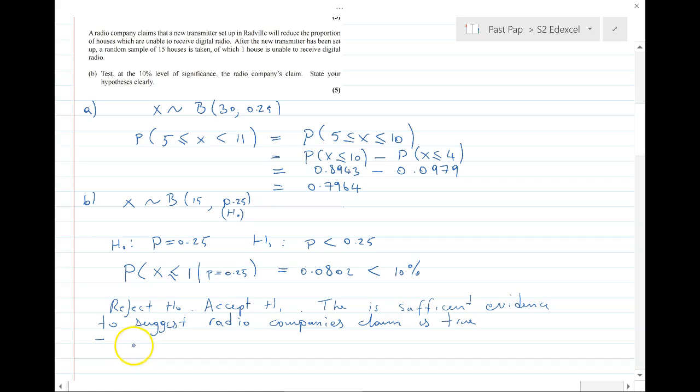So we can also then say that is the number of houses which are unable to receive a digital signal